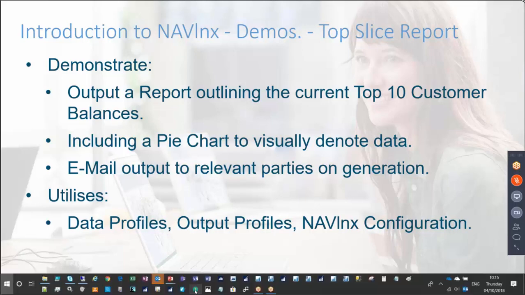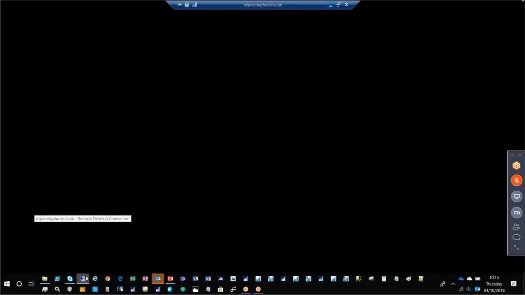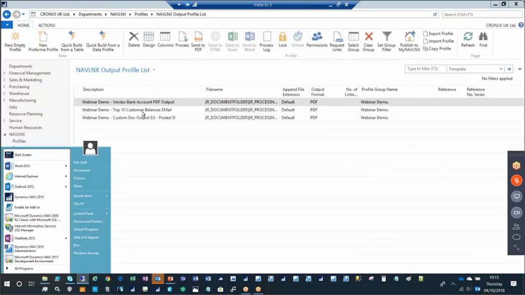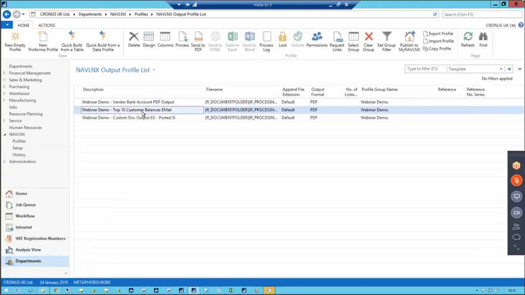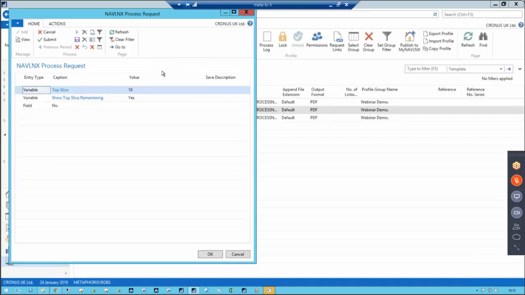So again, I'll come back into Navision. And I'll go to my second output profile here. And again, I'll click on Process. And you'll see here again, it comes with a filter window. Now by default, it's produced what they class as a top slice filter, which allows me to define how many records I wish to output. In this case, because it's classed as a top 10, it's defaulted to 10, but if I wish, I could change that to how I see fit. And also down here, if I wish to filter the results for specific vendors for whatever reason, I'm also able to do that here. But for the purpose of this demonstration, I'm just going to leave it as is